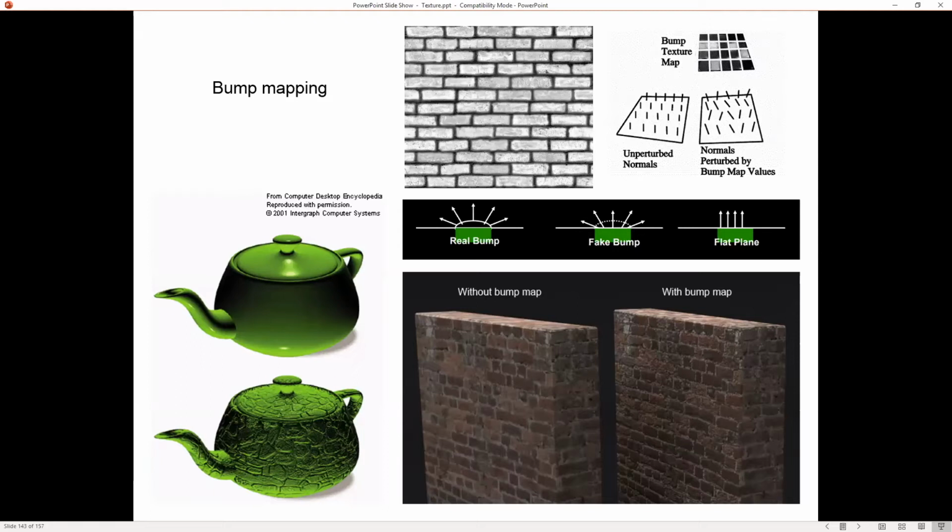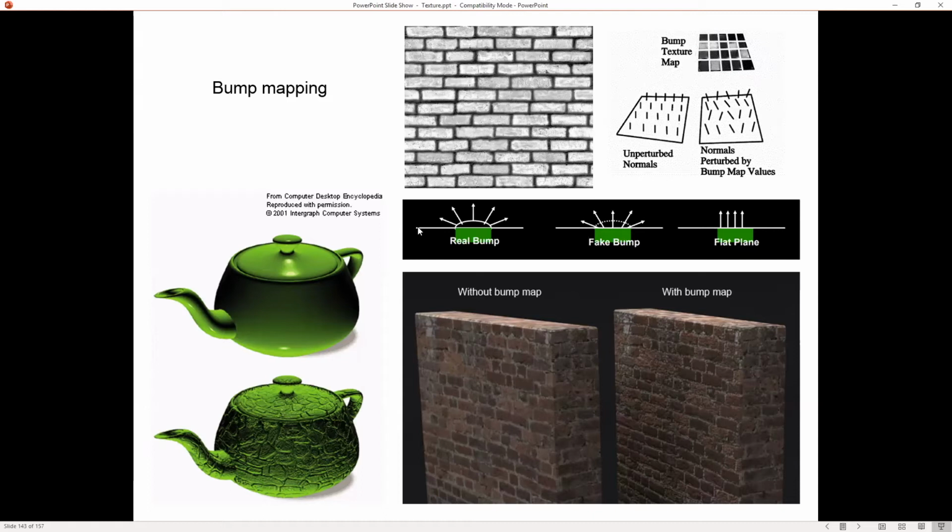Remember, texture is just a chunk of 2D data. It's just a 2D array stored on the graphics card. We can do other things. We happen to have been setting it to the color, but we could set it to another value. So what does bump mapping do? It says, interpret the thing stored in my array as a height field, and we're going to use it to change the normals. We haven't talked much about normals because they usually come up in lighting, but for a real bump,